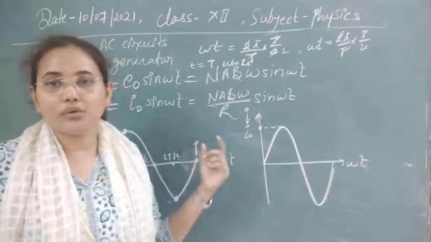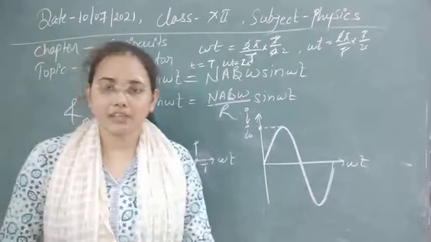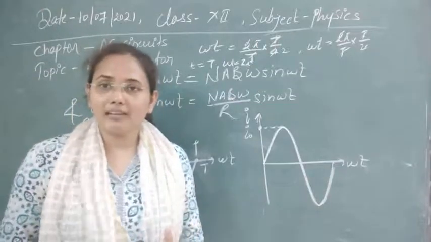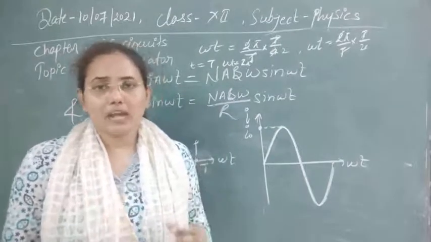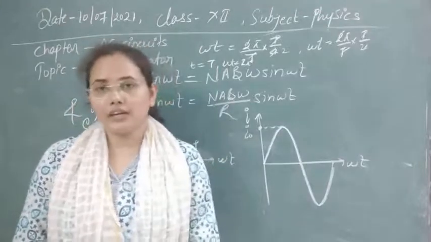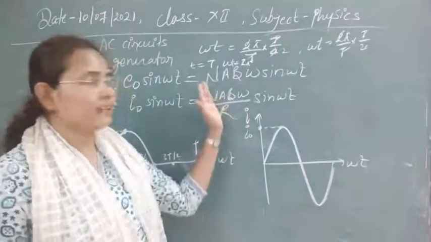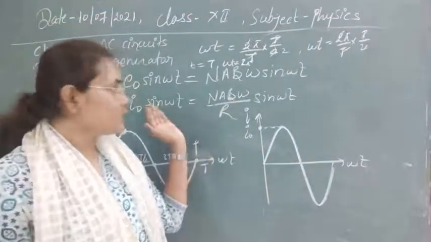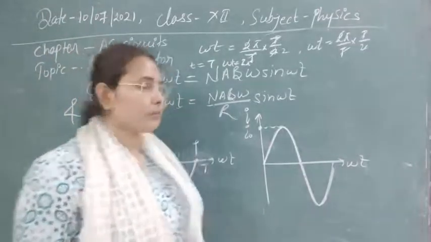But I will suggest you not to increase the number of turns, because you know that a great number of turns will make the device bulky. Second, it will be hard to handle and very heavy. And one more problem is that there will be production of eddy currents, and we need more current here. That's why we don't increase a large number of N. Whenever you increase N, it will increase your current, but due to the production of eddy currents, it will also start to decrease the current.